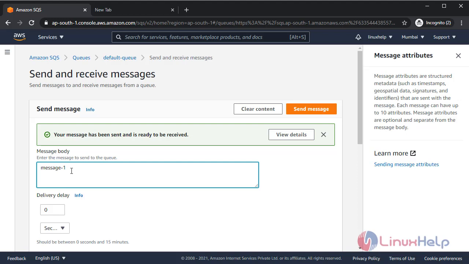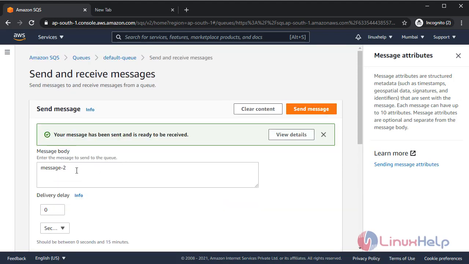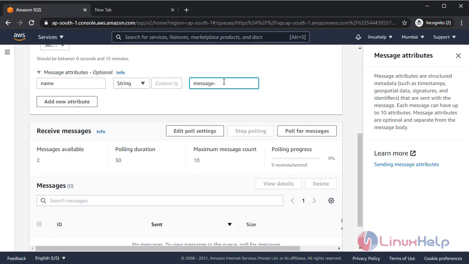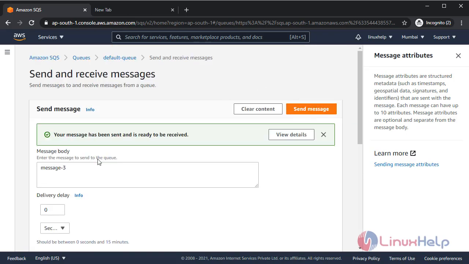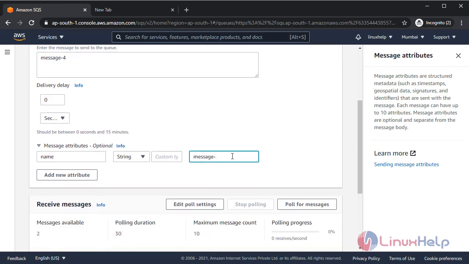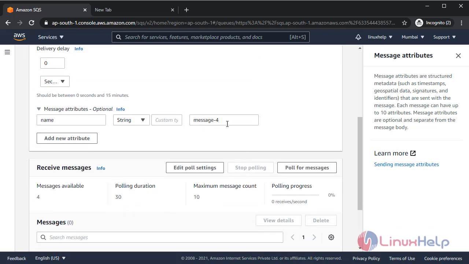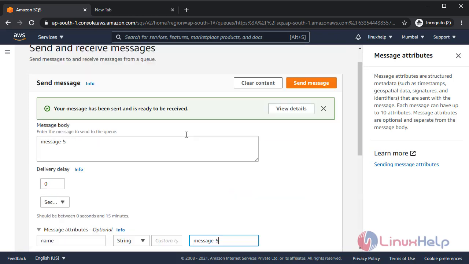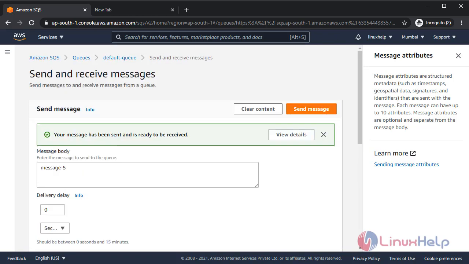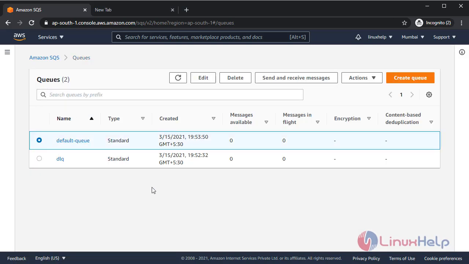Okay, I'm going to send message 2 again. Okay, send message. Just like this I'm going to send 5 messages here. So now if we go to our queue, default queue, and we'll see,